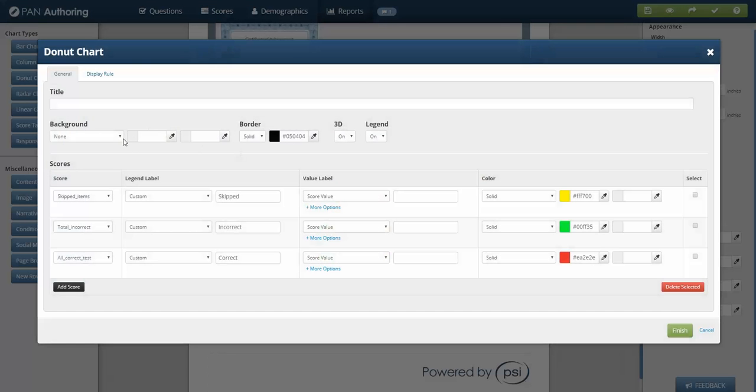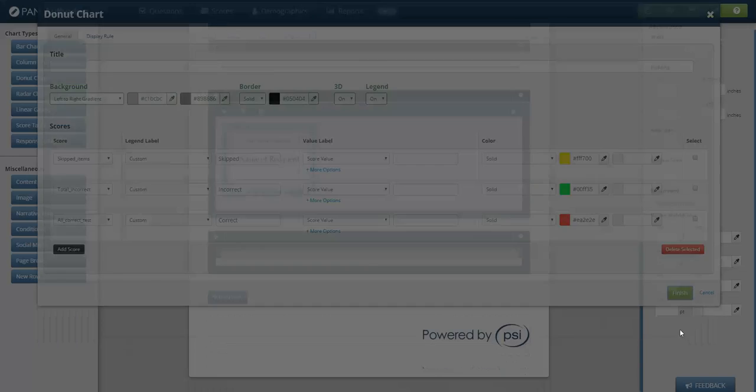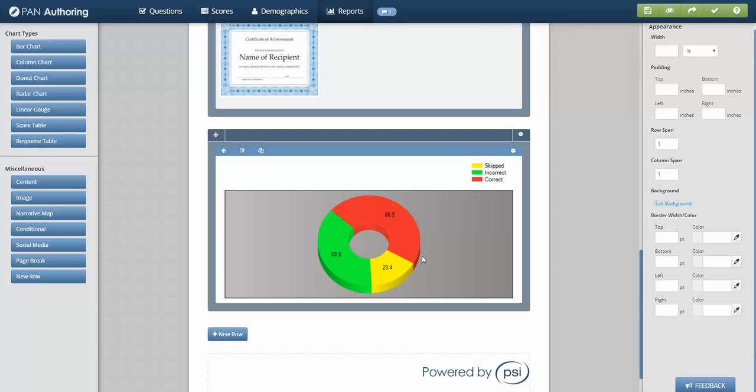Other options that you can see maybe around background color. Maybe you want to, this is going to look a little bit silly, but maybe you want a gray background that goes sort of left to right on the gradient scale. You can see then what that looks like. So it looks suspended behind a background. You can set a background image behind the donut chart if you need to, but this is a great way